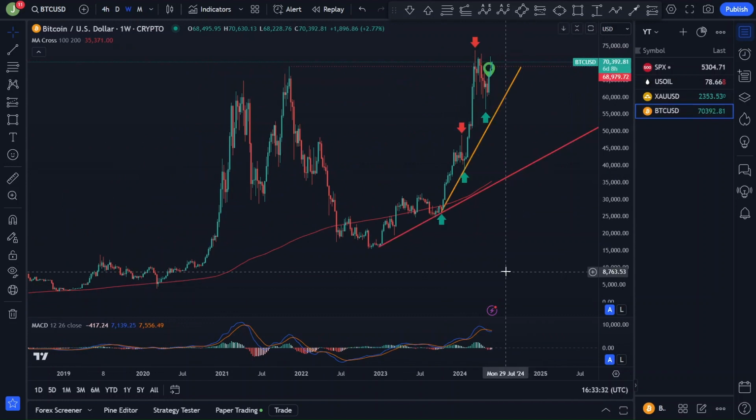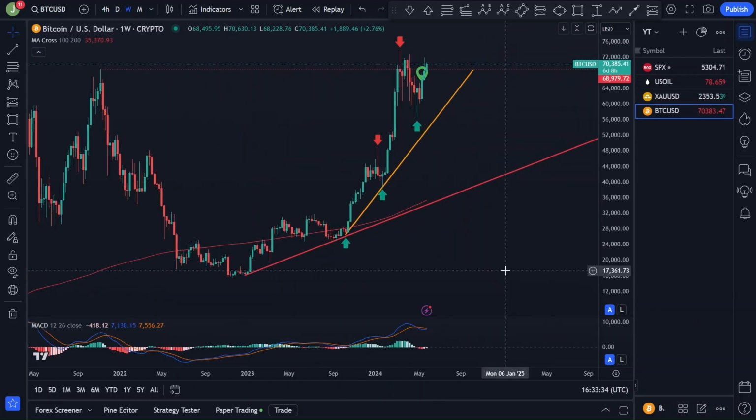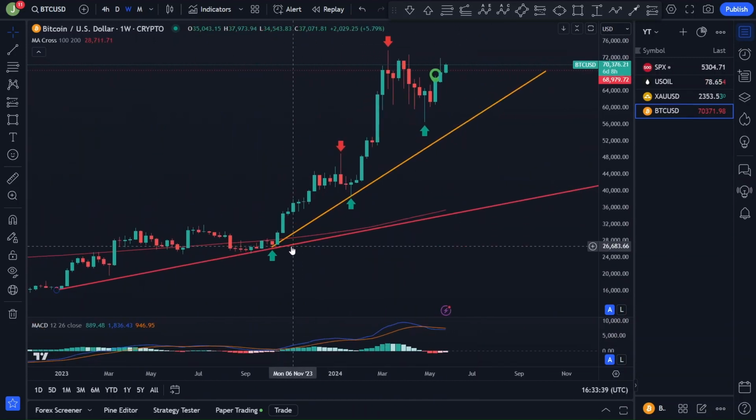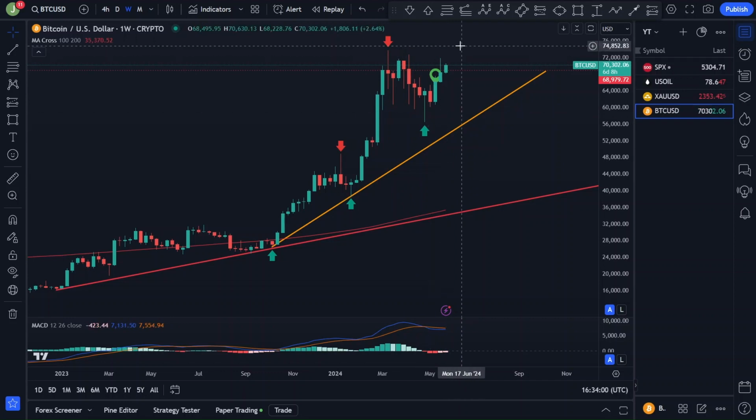Bitcoin USD, I love this chart. We are still in all-time high territory. A little bit like the SP500, we had so far 2 impulses to the upside and 2 corrections to the downside. Even if this correction technically isn't over yet, because we haven't broken the last all-time high with the next impulse, I'm pretty sure that this was the weekly correction and that we are already in a new weekly impulse to the upside.